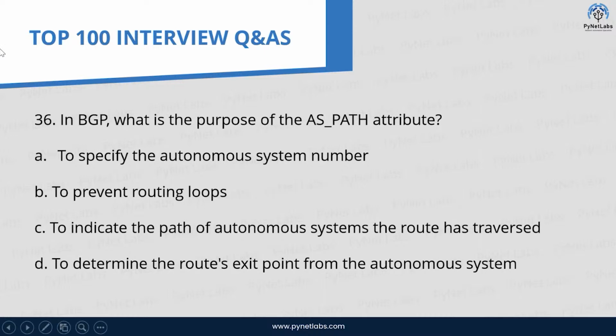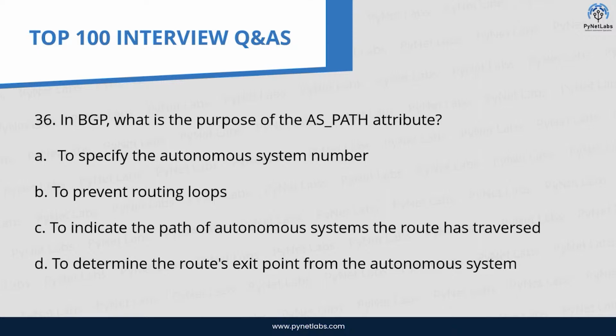Now back again, which is question number 36. In BGP, what is the purpose of the AS path attribute? Talking about the AS path attribute, guys, it serves multiple purposes. First is loop prevention, then path selection, policy enforcement, and path validation and authentication. Such things come up when we are dealing with